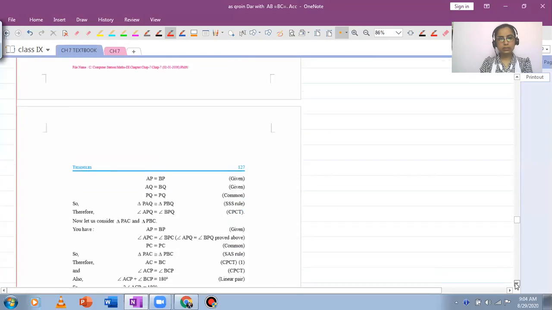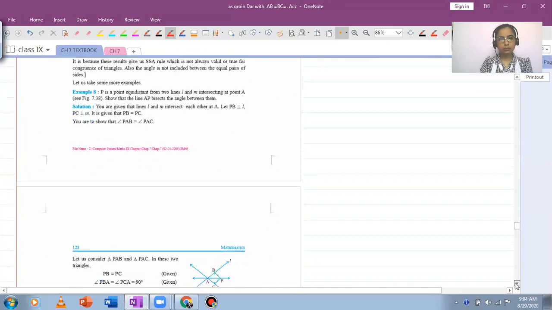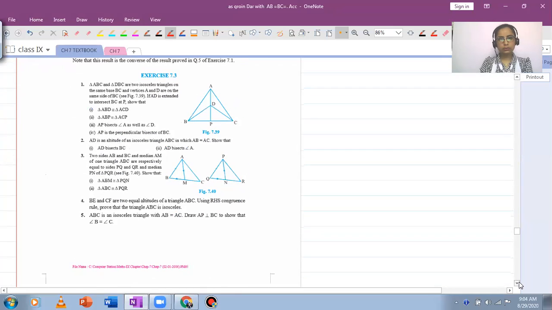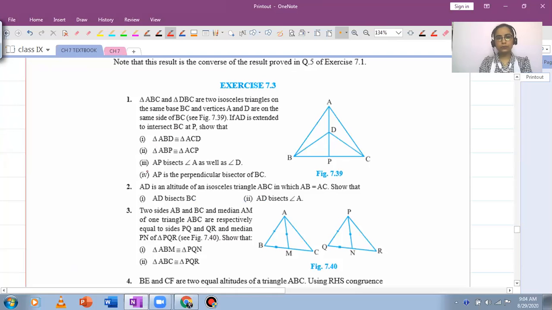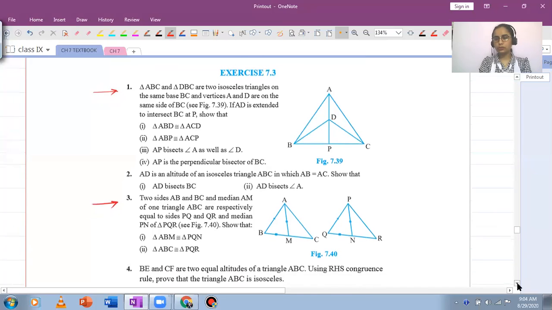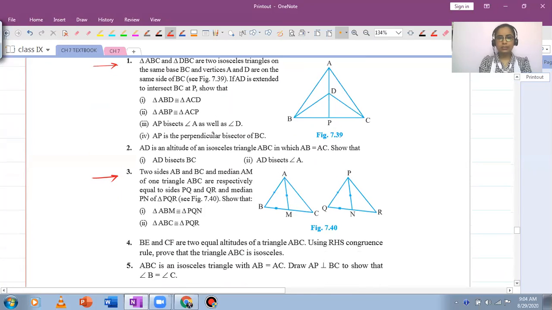We have just discussed some theorems. So this is exercise 7.3. Out of this exercise, question number 1 and question number 3 are a little lengthier compared with the remaining 3. There are just 5 questions, and the first and third questions, as you can see, the statement ही बहुत बड़ी है. First question में 4 parts हैं, and the third question also has 2 congruences to be proved.